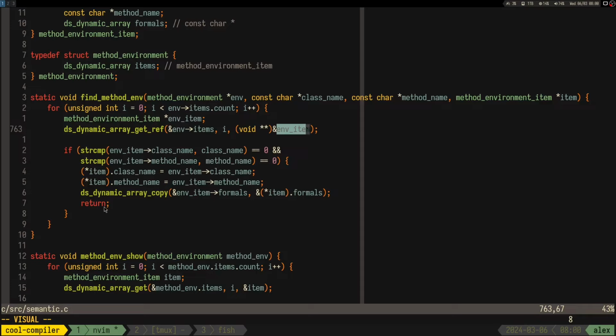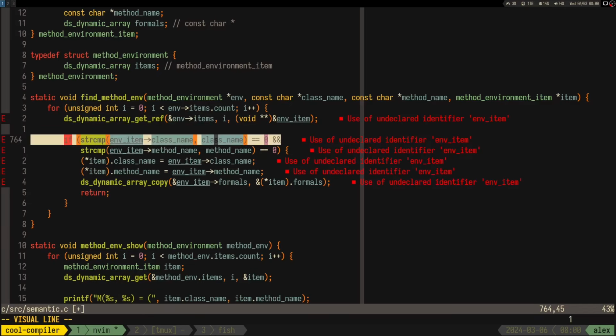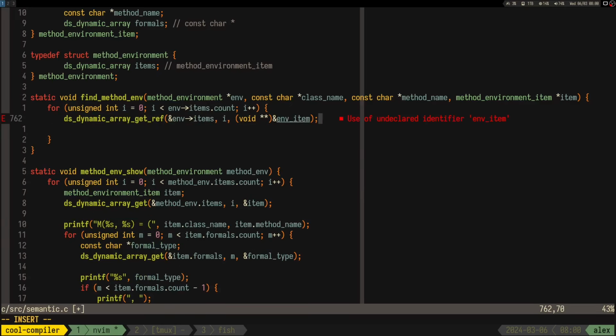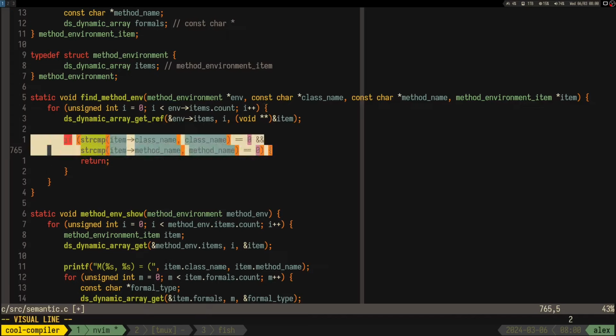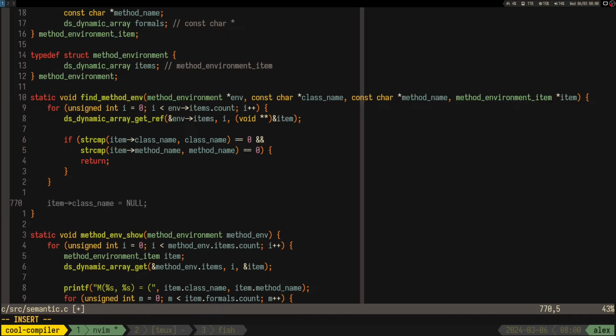Then we compare, return, and at the end we make it null. So why not just do something like item? Yeah, we just string compare those, and here we make, wait, it,